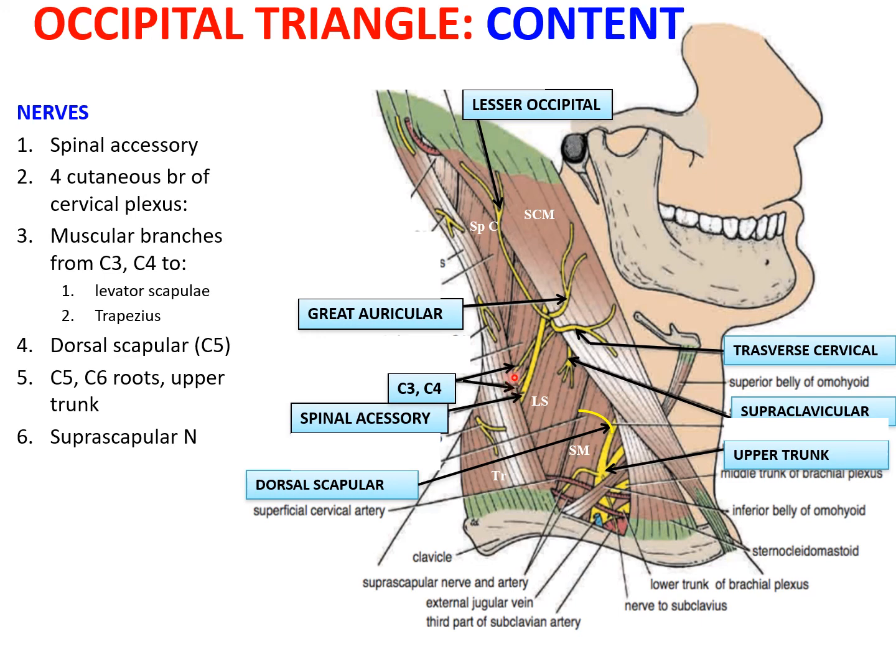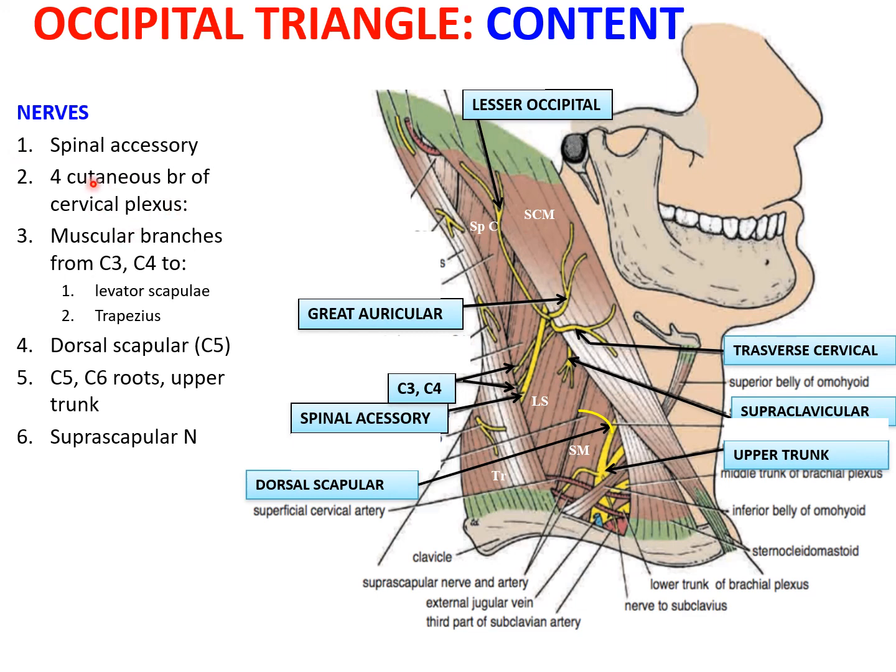Now please remember that the spinal accessory nerve is usually the highest and the most vulnerable content of the posterior triangle. Why? Because all the other nerves are lying deep to the prevertebral fascia, but the spinal accessory nerve lies in between the investing layer and the prevertebral layer. It is almost plastered to the undersurface of the investing layer. So it basically also divides the occipital triangle into a careless triangle above and a careful triangle below, because it is the highest content and all other important structures lie below it.